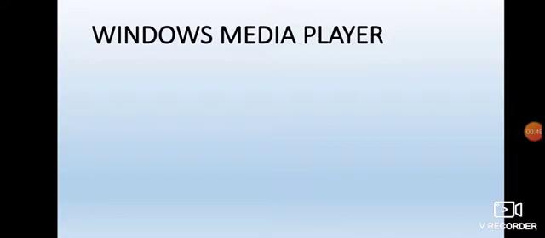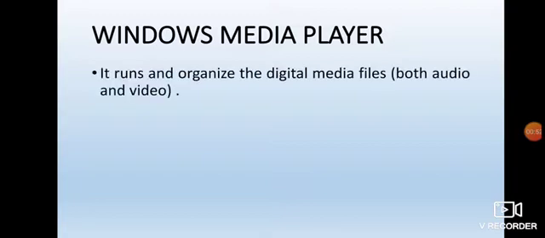So let us see Windows Media Player. All of you know what is Windows Media Player? We are playing audio as well as video, that is music or a video file, in the Windows Media Player. So it runs and organizes the digital media files, that is audio as well as video.